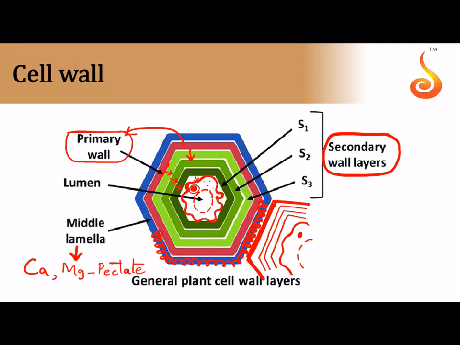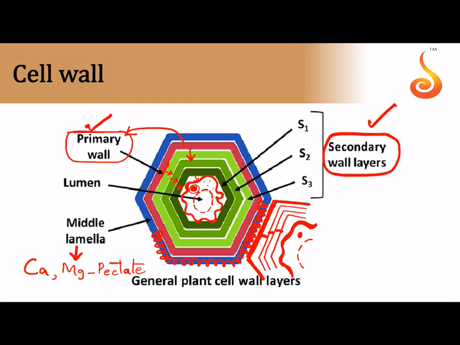So which color is the middle lamella? The blue color. What about the red layer? The red layer was formed first in the cell wall. It is called the primary layer. So in the diagram which I have written here, you can see inside the primary there is 1, there is 2, there is 3 layers. Which are these layers called? Secondary wall layers. Which is the innermost layer of the plant cell, the actual plasma membrane of the plant cell.